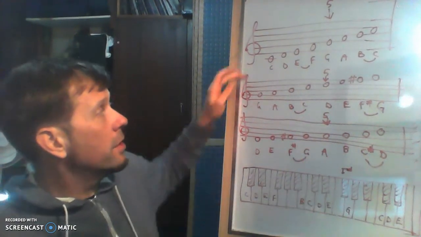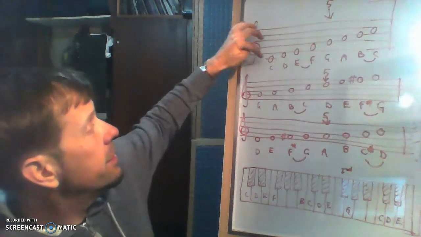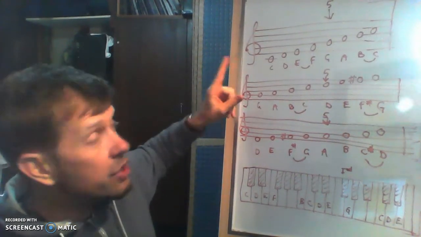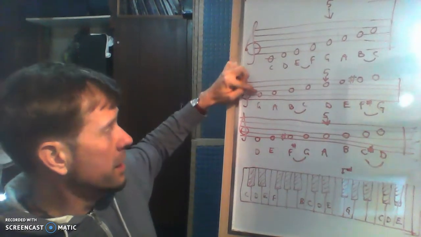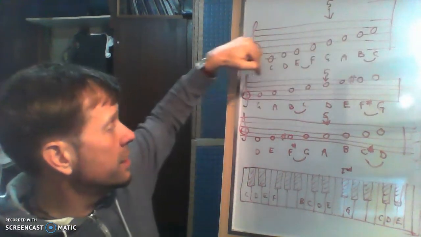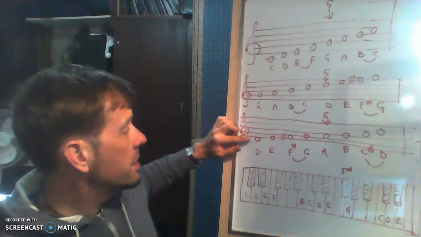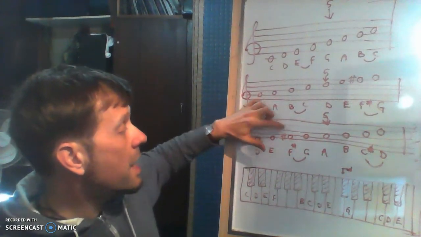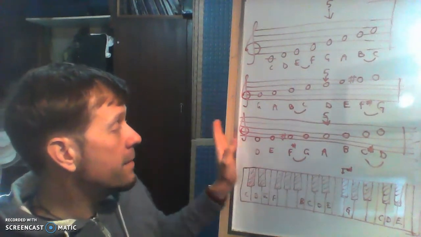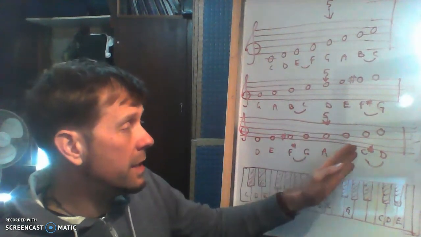Let's get into D. We've got C, D, E, F, G, A, B, C. The fifth of that scale is the starting point for the next one down, which has one sharp: G, A, B, C, D, E, F sharp, G. That fifth, D, is the start of the next scale: D, E, F sharp, G, A, B, C sharp, D. If I took away the sharps, D, E, F, G, A, B, C, D,